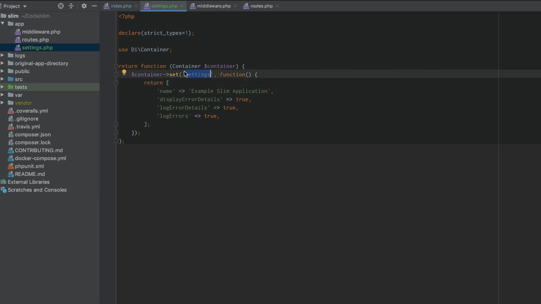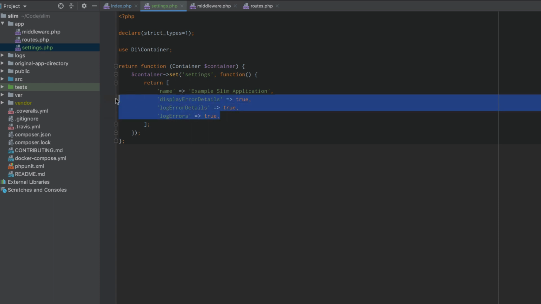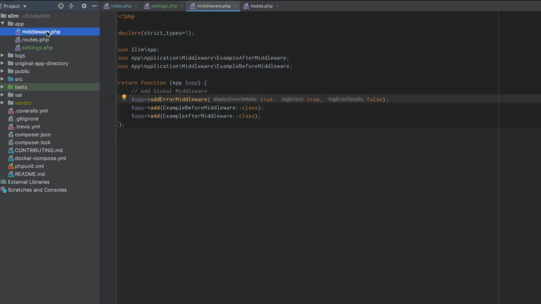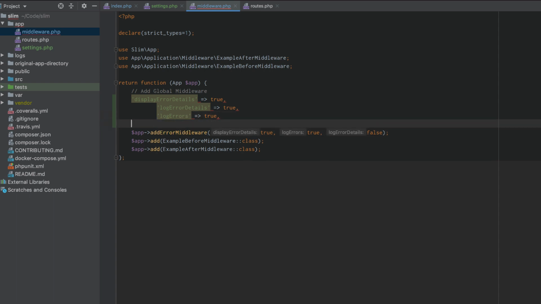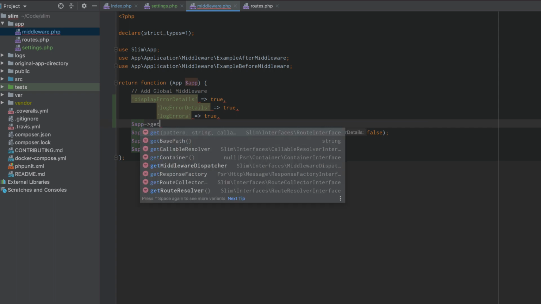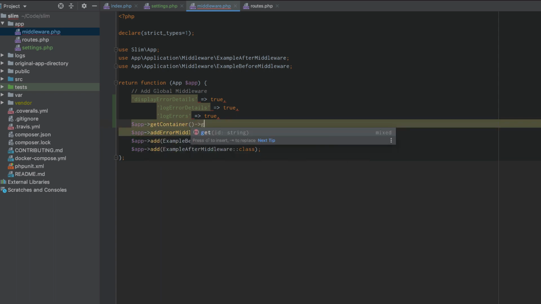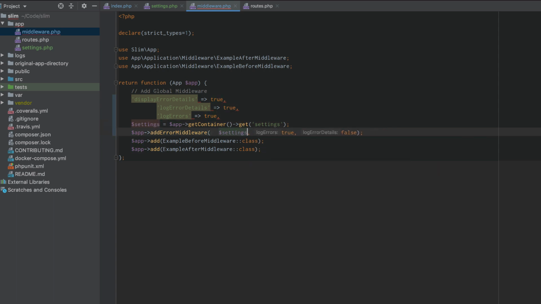Well, the key is settings, and then we are setting the name of our application, whether we want our display error details, our log error details, or our log errors. So let's copy these right here, and let's go to our middleware. Notice that display error details, log error details, and log errors actually line up with our add error middleware. So we can do app get container, and then we can do get settings, just like that. We're going to do settings equals that, and then that's going to be setting display error details,